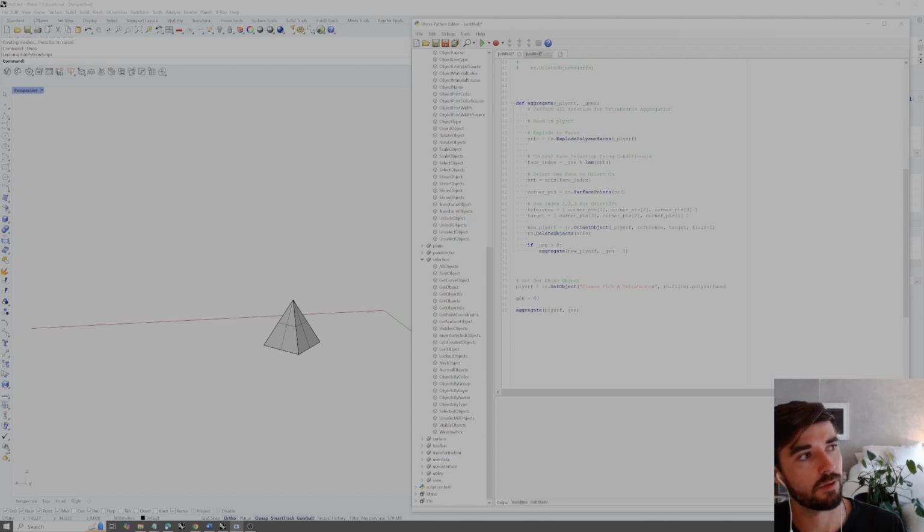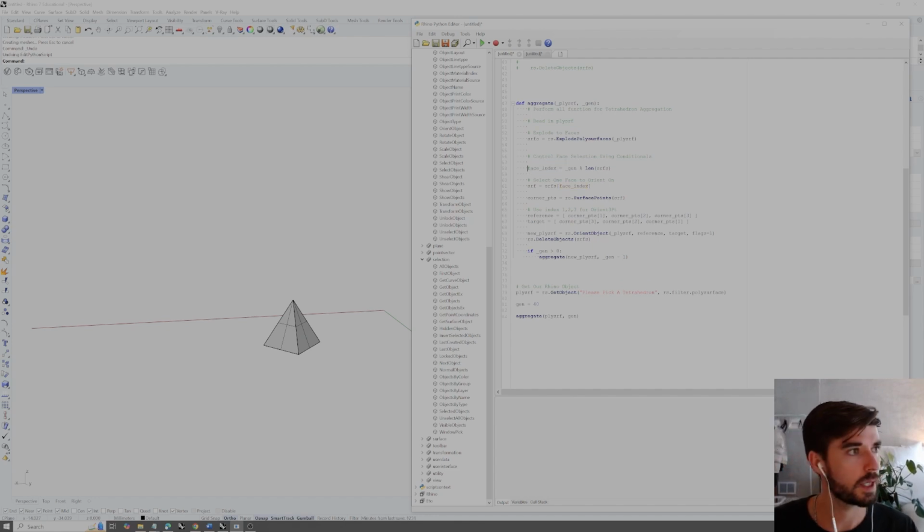So right now we have one condition, which is basically just saying all the time, use generation modulus length of surfaces, and that gives us that linear pattern. So let's say we want this to happen at all times, except for one particular condition, and that condition is going to be if underscore gen